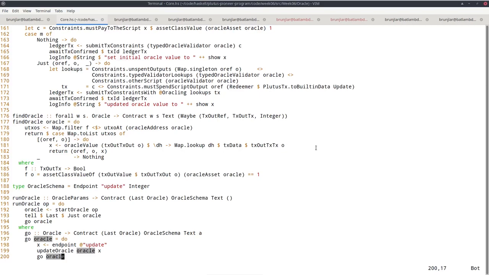And that concludes the code for the Oracle itself. So that's the core Oracle code, both on-chain and off-chain. So what's now missing is an example, some contract that actually uses the Oracle, a swap contract. And then, of course, using the Plutus application backend to actually run this code in the real world, or at least in our case, in a simulated blockchain.